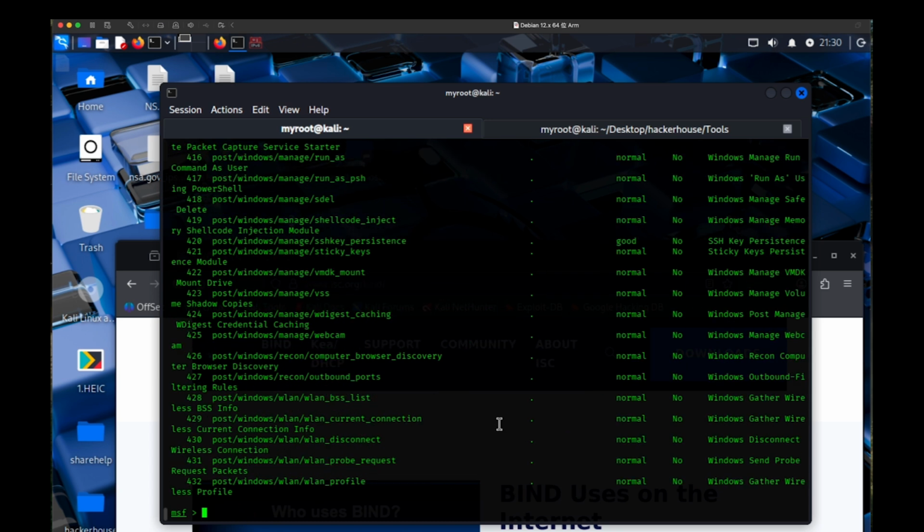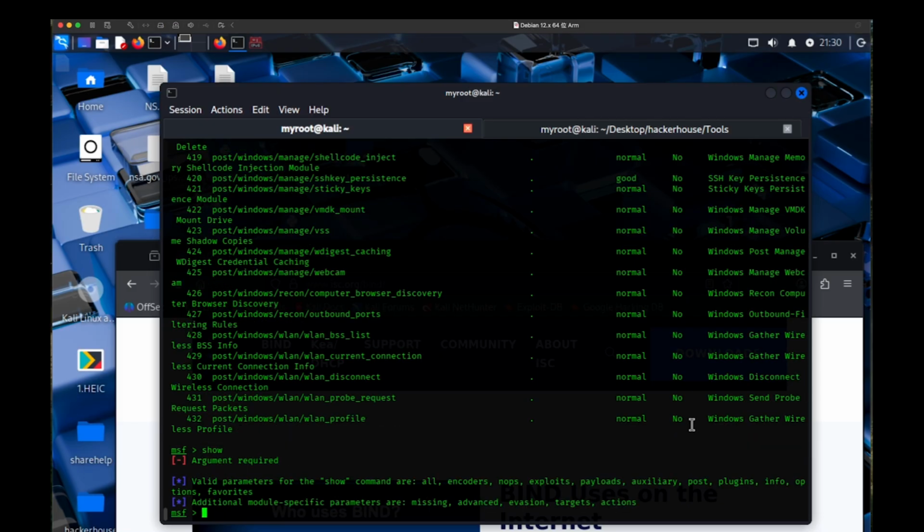In practice, we will really use the show command to filter through thousands of modules. Usually, people combine it with the search command for